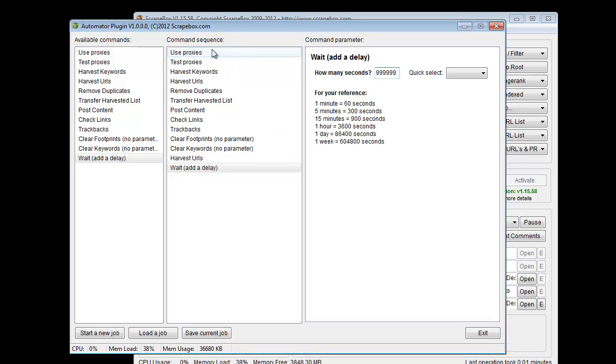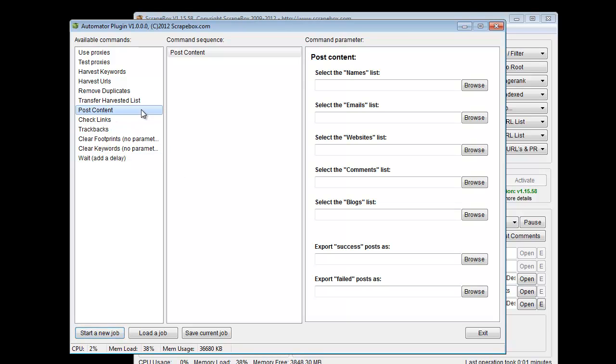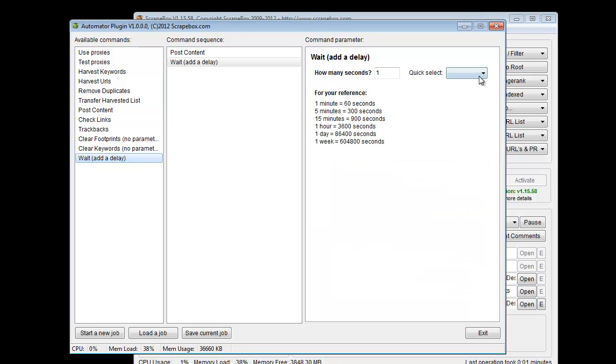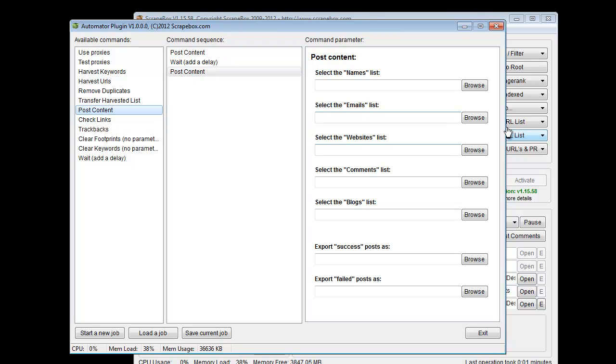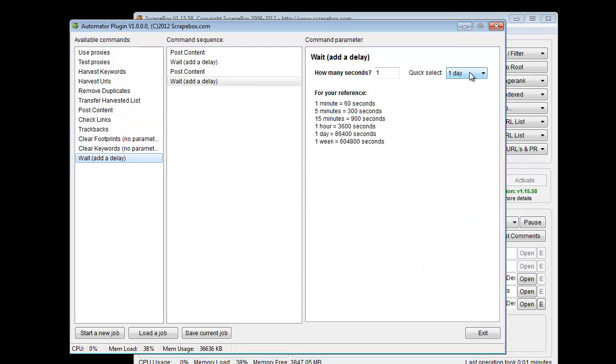So say I set up a project and I just want to start a new job, and I just want to post content, and I load in a list of 1,000 URLs because I want to do some drip fed links. So I load in 1,000 URLs to post, and then I wait. Let's say I wait a day, and then tomorrow I want to post another 1,000 links. So I load in another list of 1,000 links right here, and then I say wait,